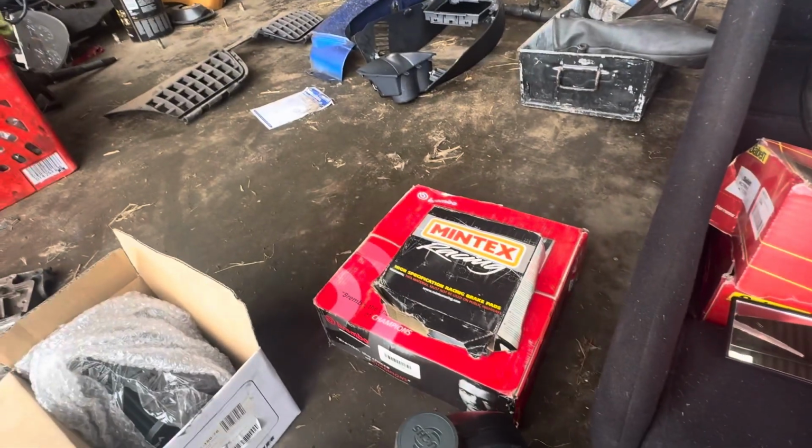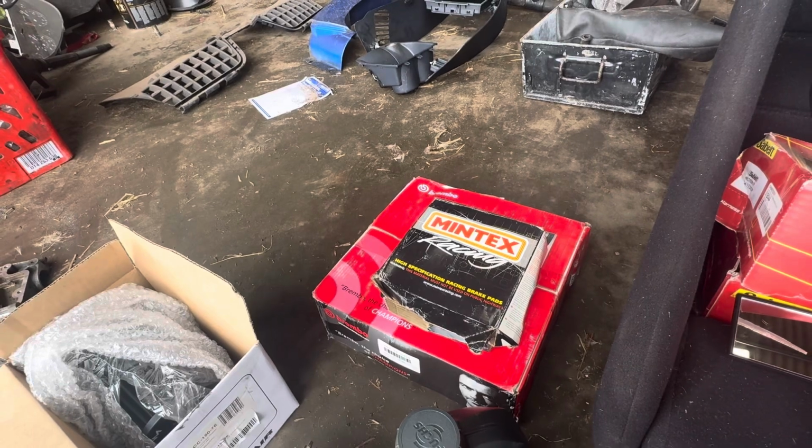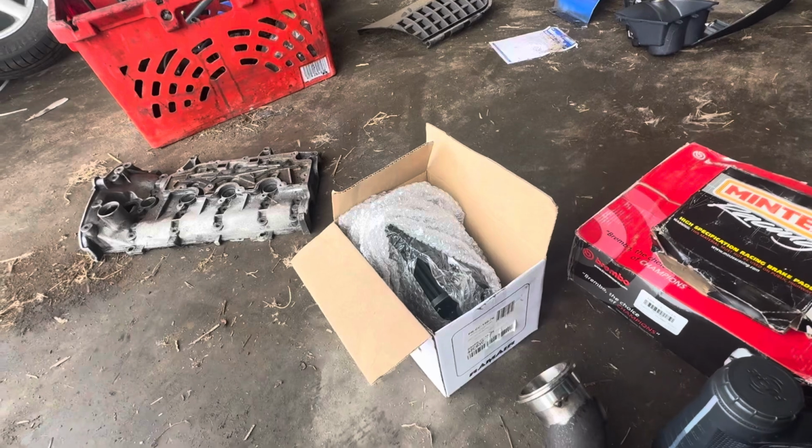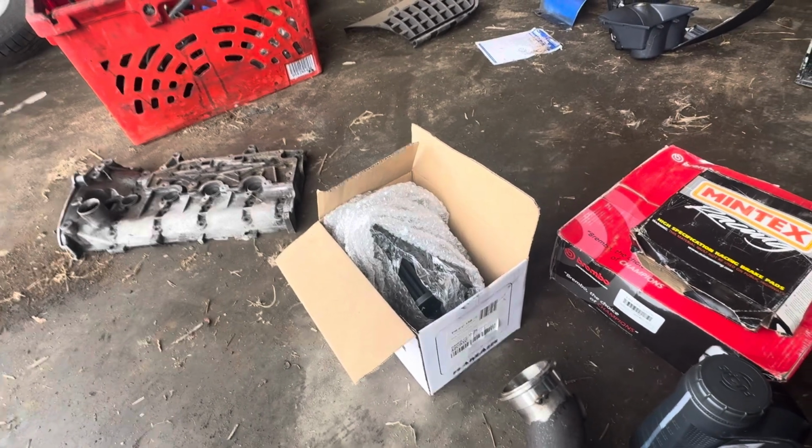What came with the car when I bought it was some brand new Brembo high carbon discs and some Mintex racing pads. I had in storage a brand new Pro Ram intake filter, which will be going on. I built a nice induction kit for it. And then,